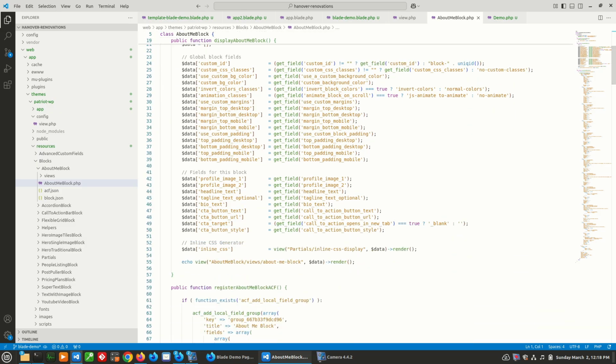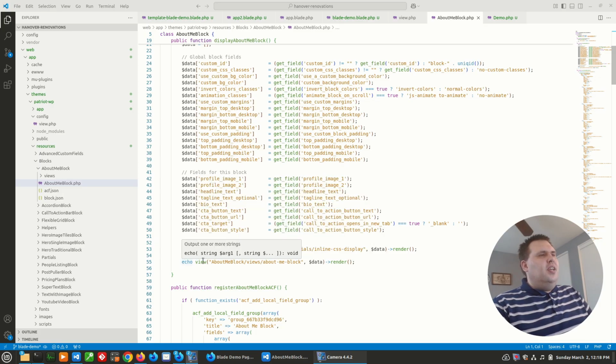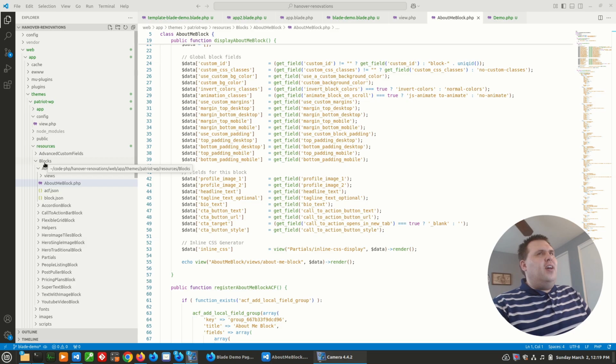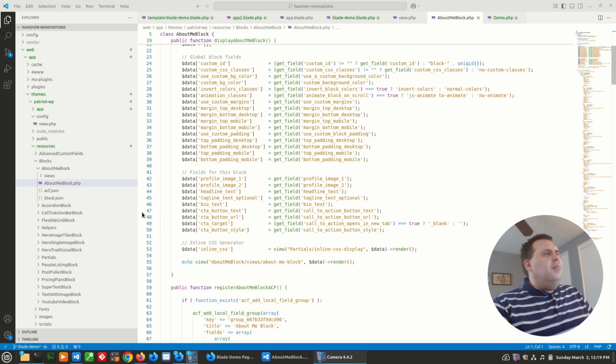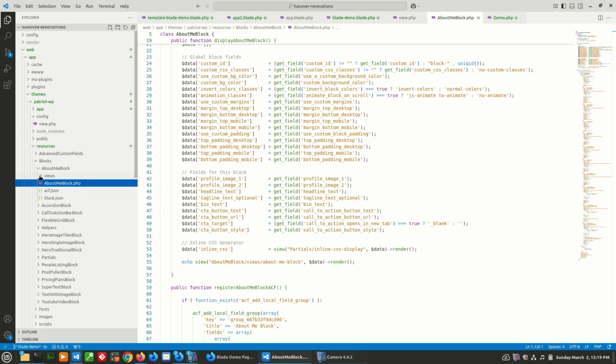And how I am loading Blade is through the use of this view function here. And you can see I'm just echoing it out, and I'm doing view, and then this is the path to the block relative to the directory you specified in your paths of where the Blade files can be located. So this is, where am I looking for my Blade files? I'm in the blocks folder, which is the path that I specified in my paths. So I need to go to the About Me block and then views, and then this is my Blade file down here, about me